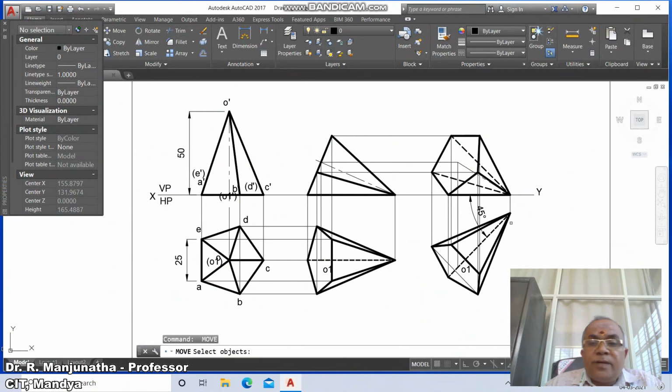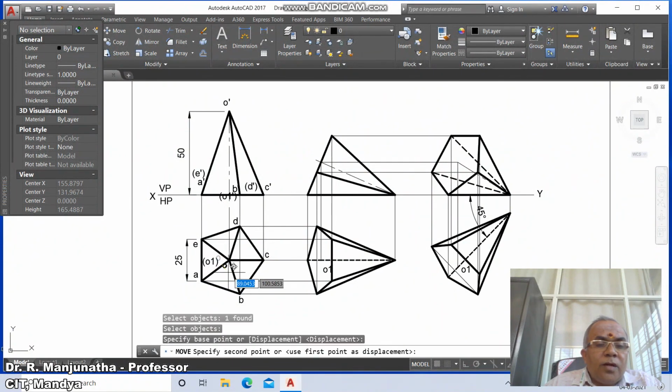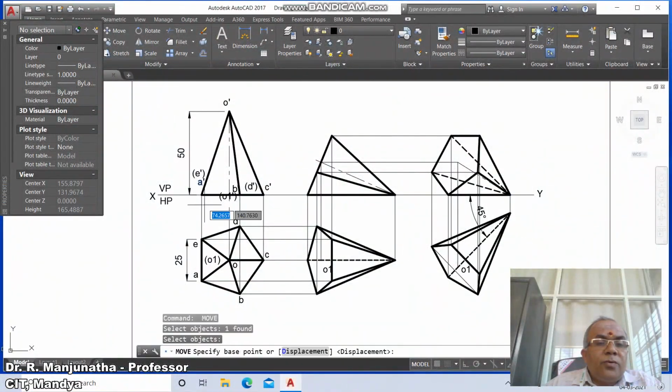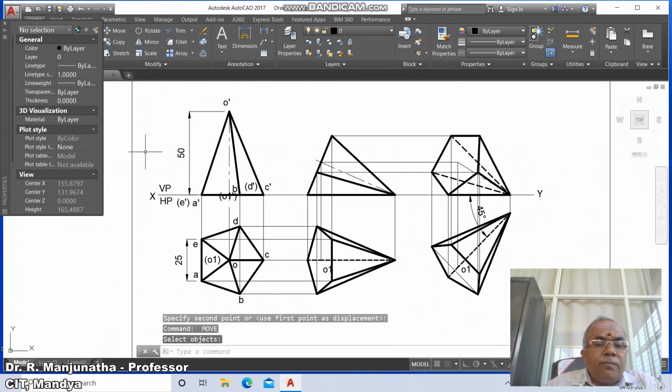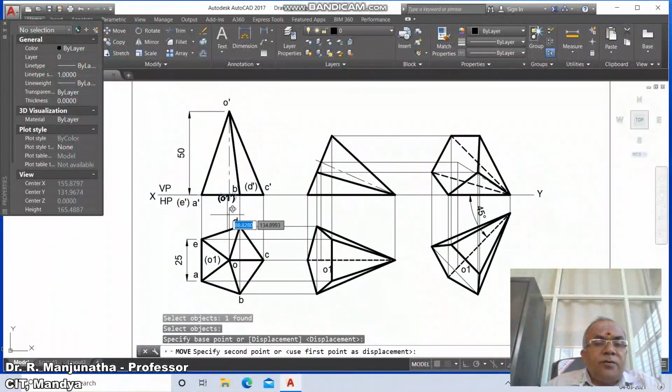So go to VP HP and then you make it as Y. So you take this A and you take this as B, you take this as C, you take this as D and you take this as E and here you move this as O and you move it here and you keep it O1 here, then go to A dash, you move it E dash, you select this and you make it O1 dash, you take it B dash, you take it D dash and you